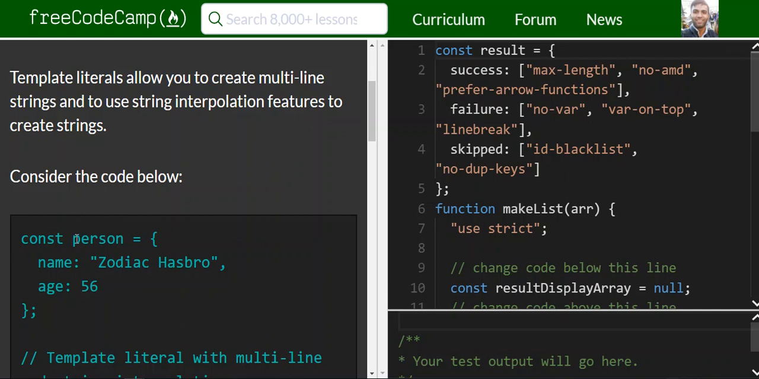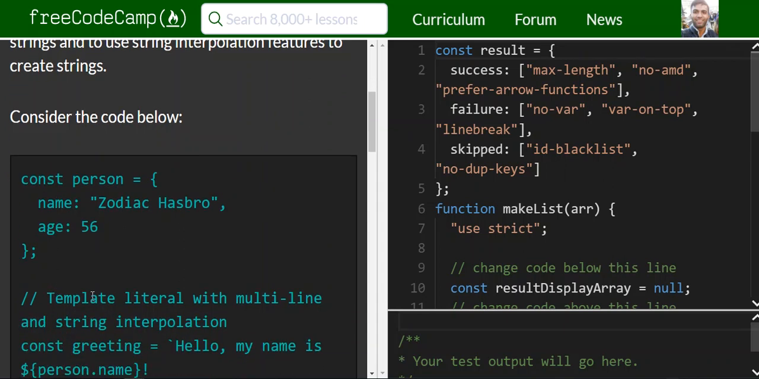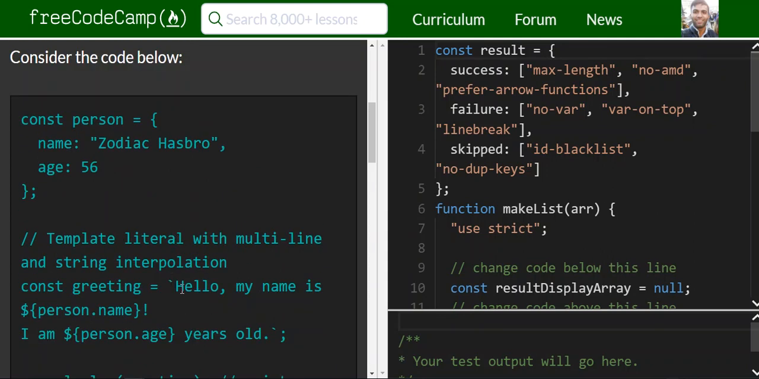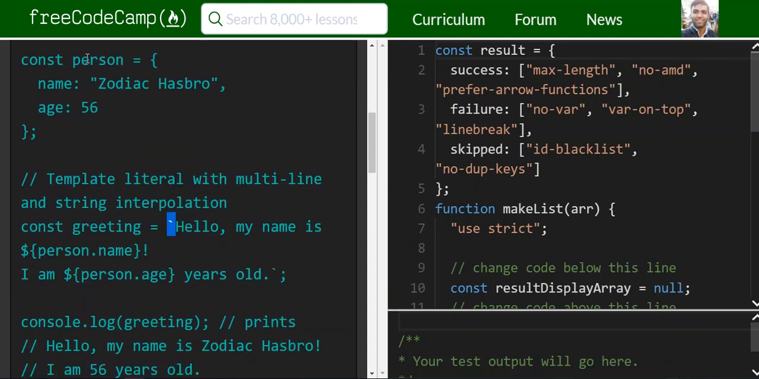Consider the code below. We have a const person, an object with two properties, name and age, and then a template literal with multi-line and string interpolation. Constant greeting is equal to this sign here, I don't even know what it's called. Hello, my name is string interpolation person name. Alright, okay, yep. So wherever you want the value,